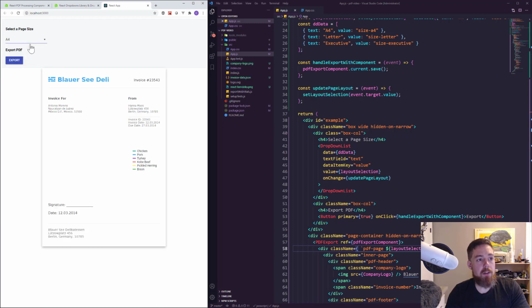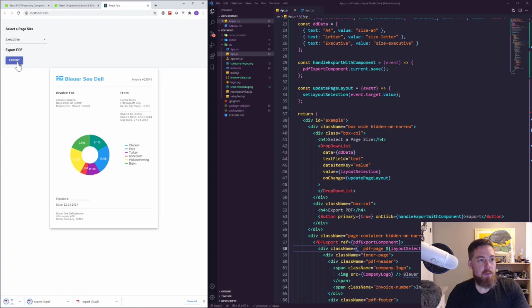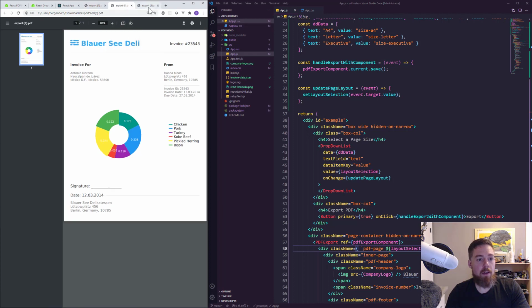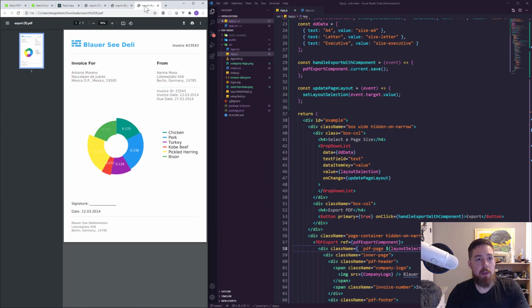So let's export each one. And we'll open them all in order. We can now see that while they are slightly different, we do have different layouts available within each exported PDF file. So hopefully this shows you the power of PDF processing